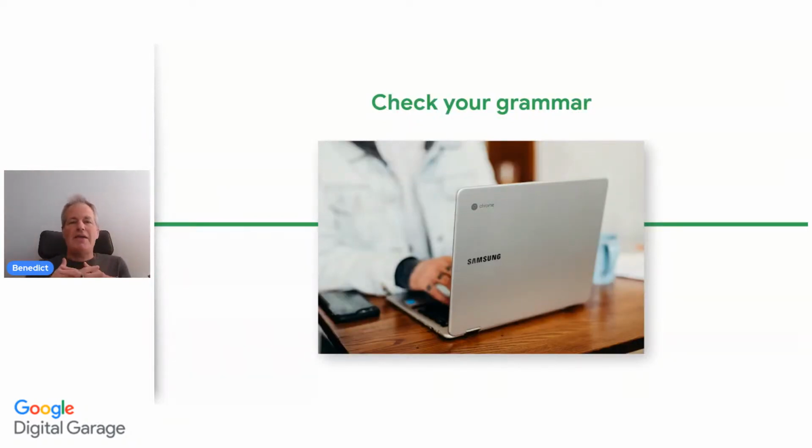Now, when you're typing, often we don't remember our grammar, whether English is our native language or not. We often type away and we're not actually thinking about the full grammar, because maybe we don't even communicate that way with our mates. The point is, there's software called Grammarly, and Grammarly checks all your writing for grammar mistakes and can be added as an extension on your browser, which is really useful. So that's called Grammarly.